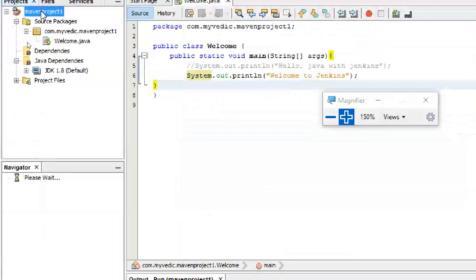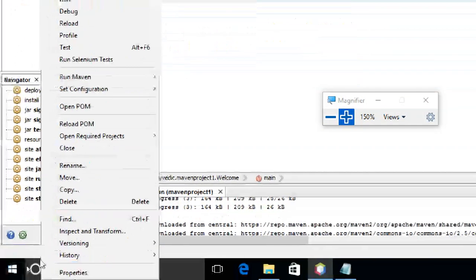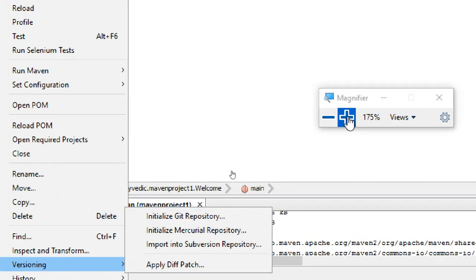So I right click on this thing and go to versioning. Git is already there in my PC, so I don't worry about that one. So initialize a Git repository, or Mercurial, or Subversion. Which type of version control system are you using? I'm using Git. Is it visible?